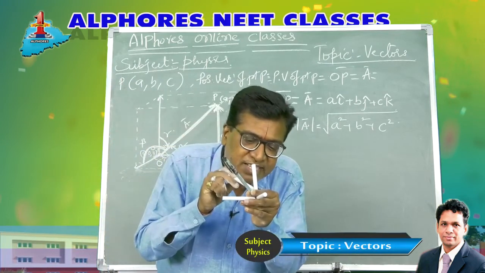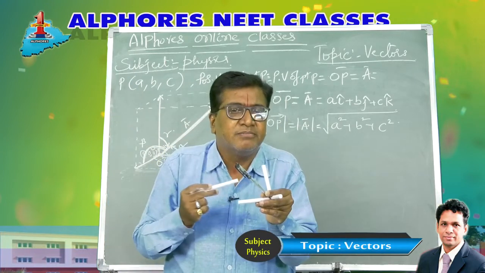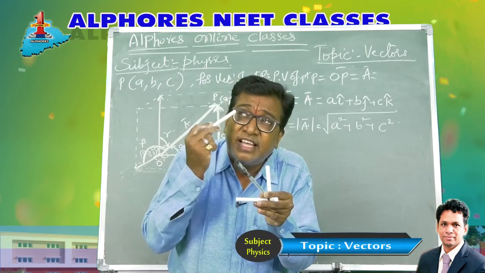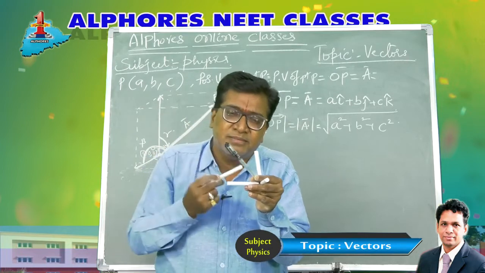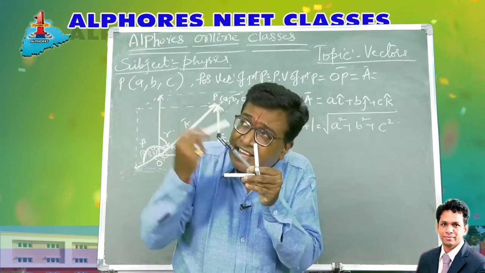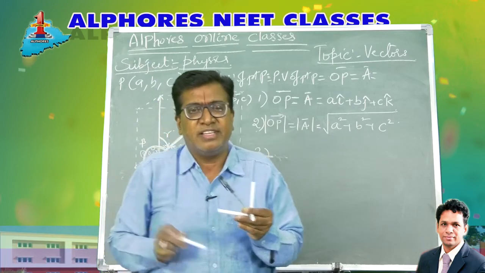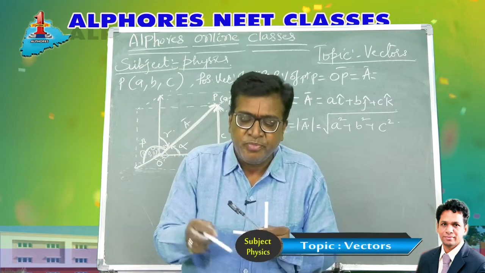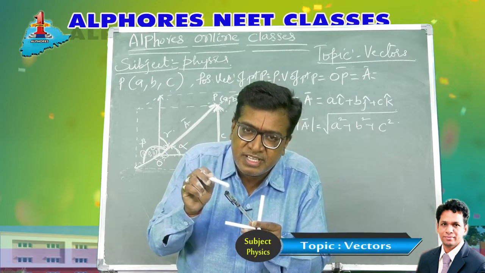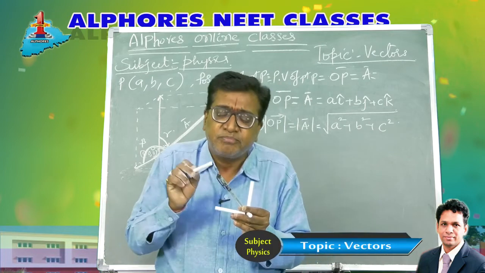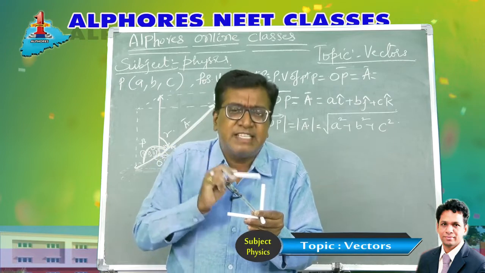Suppose your eye is imagined at the origin, then the line joining your eye to that point represents the position vector. Imagine your eye to be at the origin, then the light ray which connects your eye to that point is called the position vector of the point P. The line joining the origin to point P is the position vector, OP bar. Origin is O, this point is P, so it is OP bar. We have named it A bar.